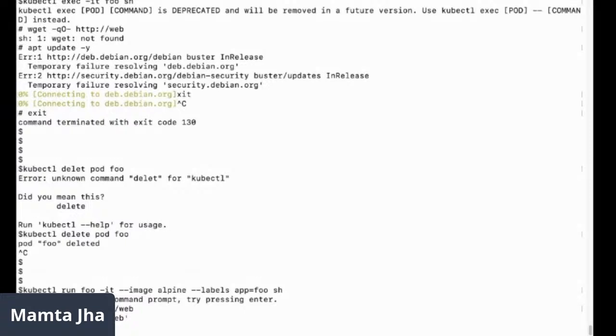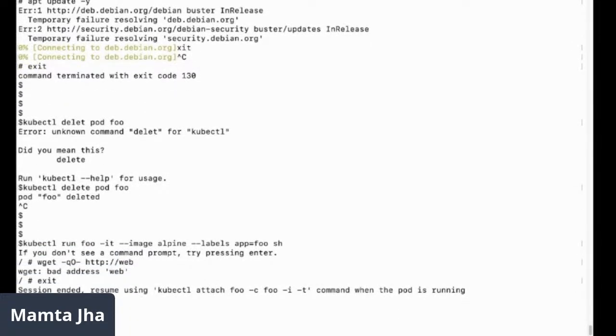It's unable to connect to the web. No packets are going out. It says bad address. What is meant by bad address? It can't even communicate to our DNS pod. It is not able to resolve. It fails to resolve the address because the network policy is not allowing it to have connections with the CoreDNS pods. That's the reason it is unable to resolve. It didn't say I can't reach that, right? No timeout happened. It says bad address. So let's try and edit this policy a bit, okay?